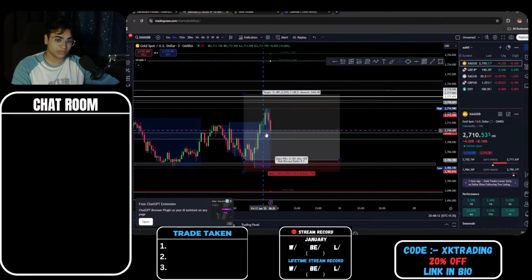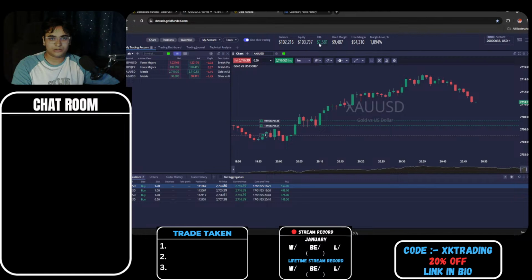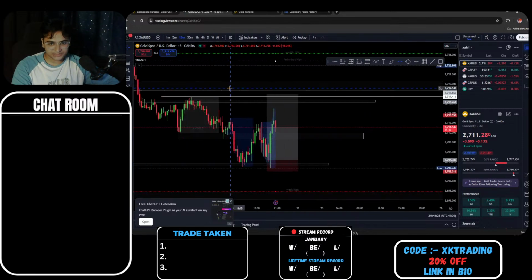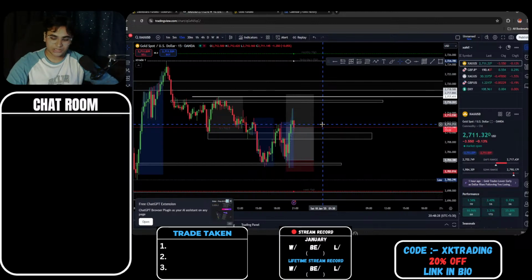But yeah, price is really strongly moving down right now. So we are at 3% still. Yeah, let's see. Now it's having a pullback. In the meantime, guys, ask your question now. We cannot add any further positions. We cannot even modify our position at this point, because all we can do is wait. Either we're going to hit our break-even stage or we're going to close around the 2716 zone.